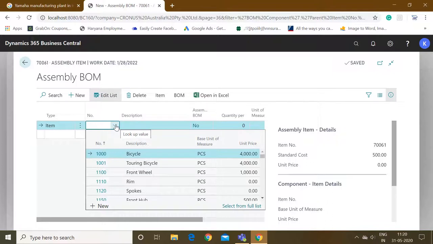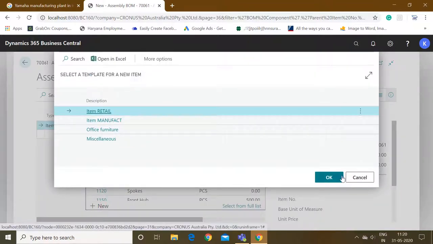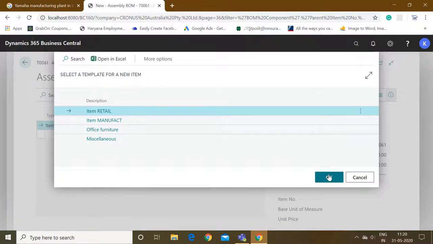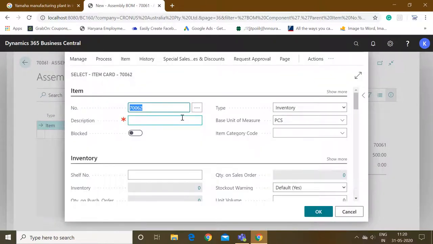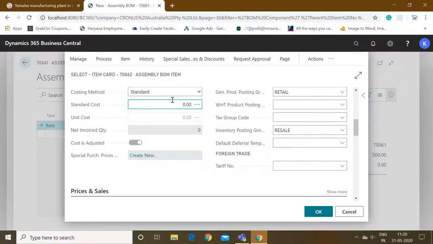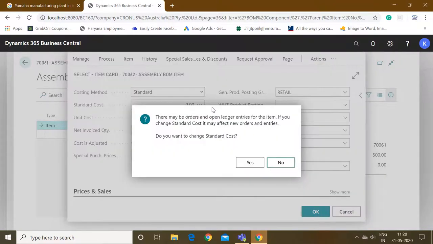For this case I'll create a new item, click OK, and here I will write the name as assembly BOM item. Now in this item I'll change the cost to 100.